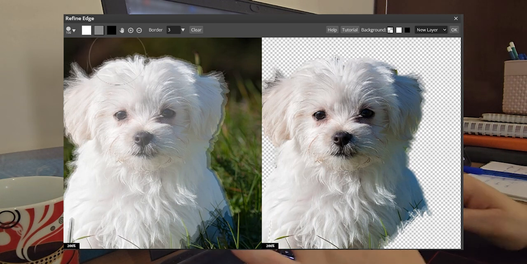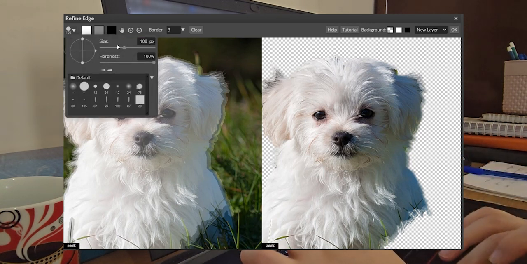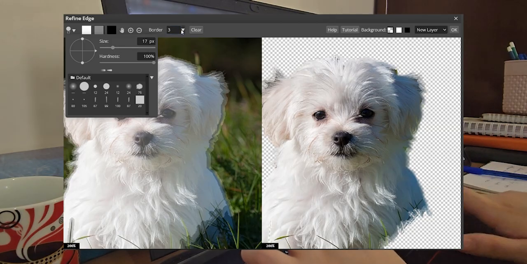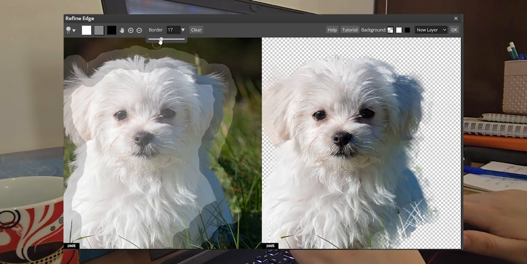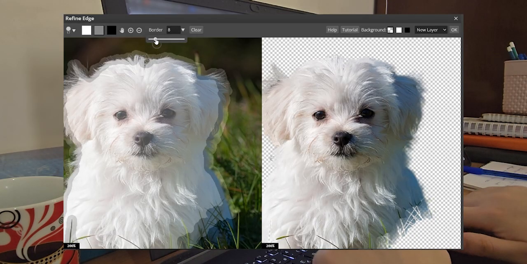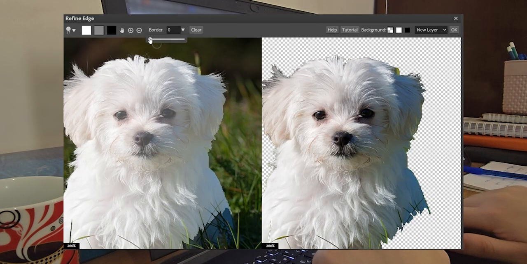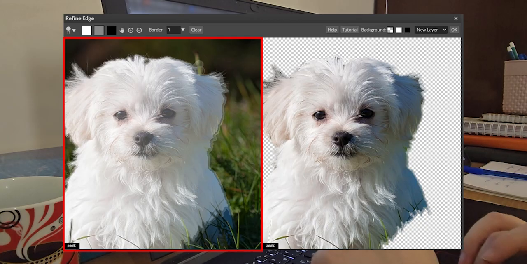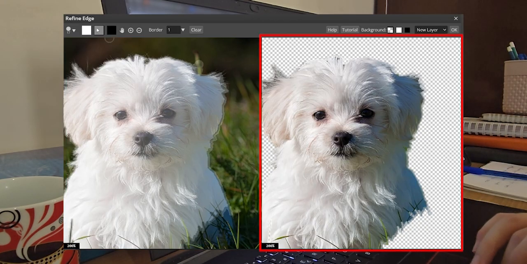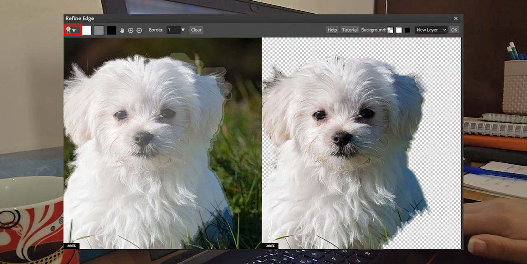the edges. First, I make a rough selection of what I want, then click Refine Edges. So, similarly to Magic Cut, a new window will appear. On this side, you have the work window, and then here is the preview. This is the brush you will be using. We can adjust it based on what we're